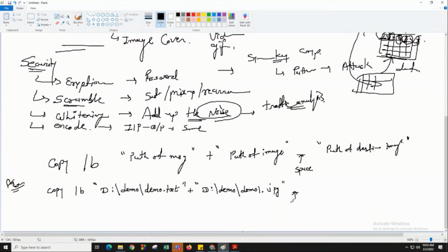Over here there is a space and then D drive in demo folder demo2.jpg file. The demo2 is the encrypted one that will come, we have to give the extra name? Yes, whatever name we want to give.